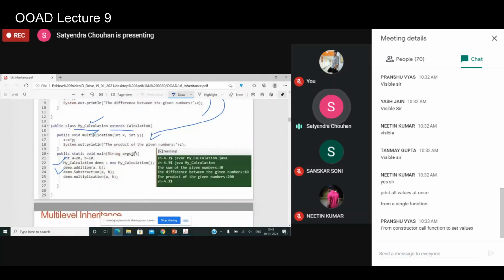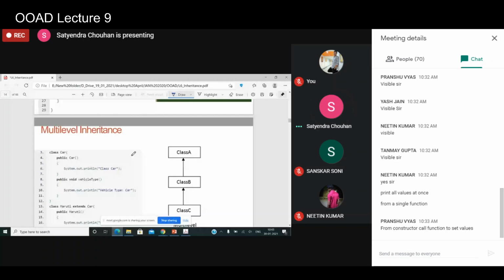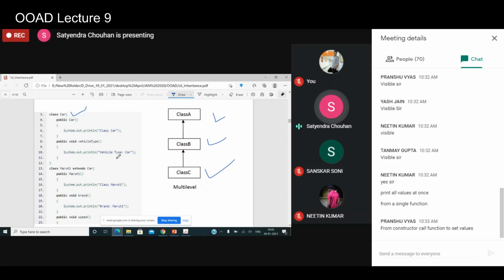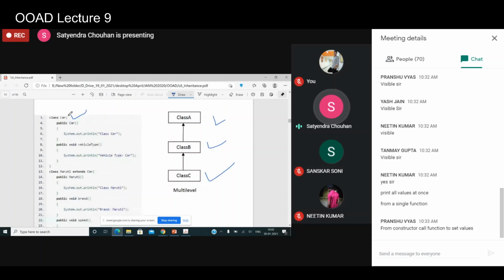In multi-level inheritance, a class is extended by another class, and that class is also extended by a lower-level subclass. Let's see this example. We have a class called car, whose constructor prints class car, and there is a function vehicle type.